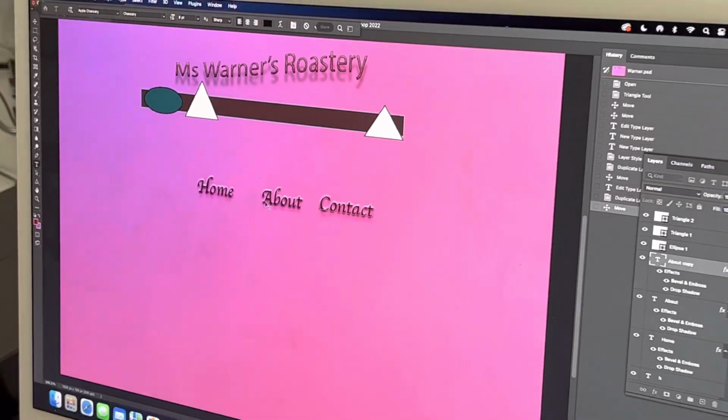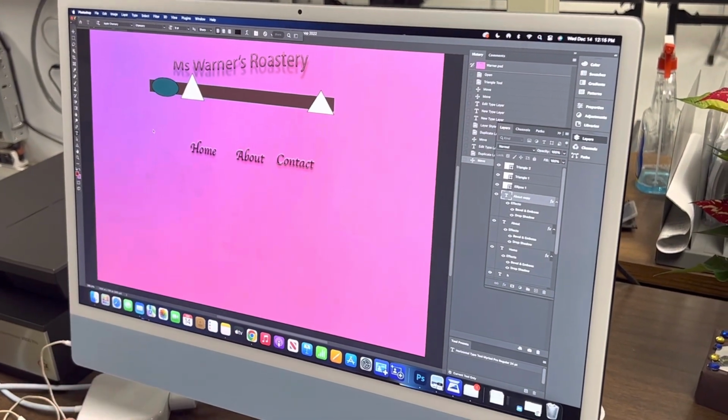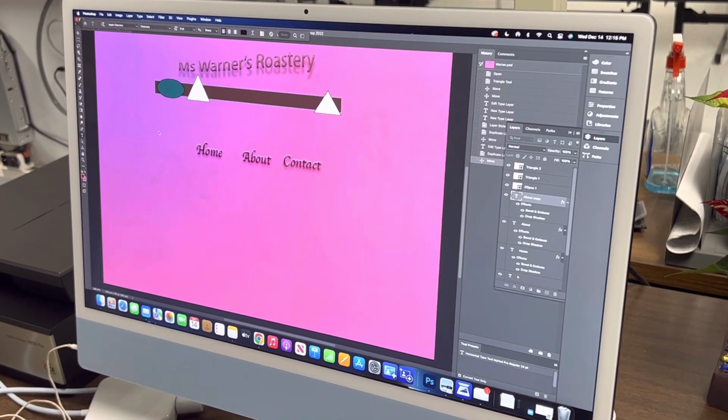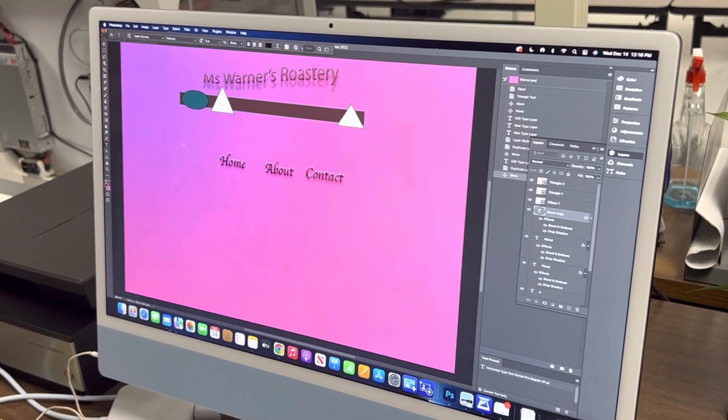Then you would just keep doing that for the last three buttons that deal with your website. And don't tell us you don't know what to call it, because you can come up with three things that will be about your website. That's it for that part. So then what you would do